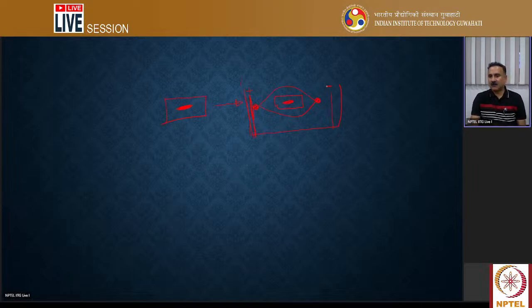It doesn't matter whether you keep it this way or that way because it hardly matters. Now what will happen is that the protein, which is negatively charged, right? Remember, this protein has the SDS bound. So it is actually going to migrate towards this side, from this side to this side. And when it migrates, it is going to cross the acrylamide barrier, and ultimately the protein will be present